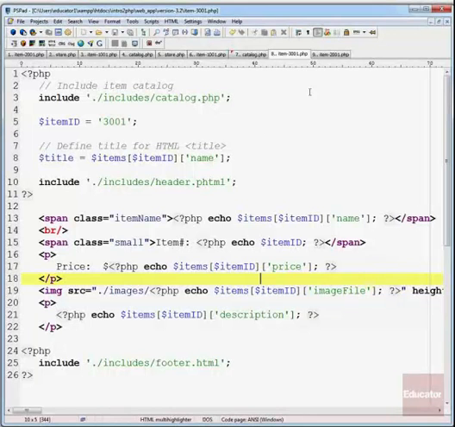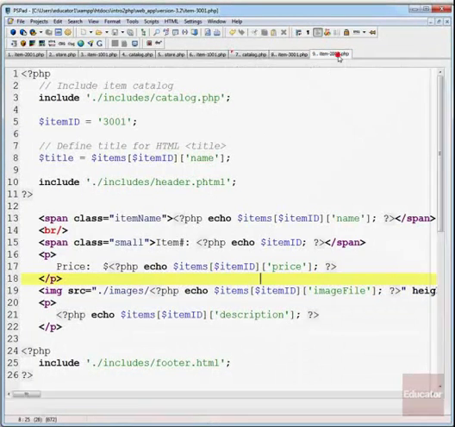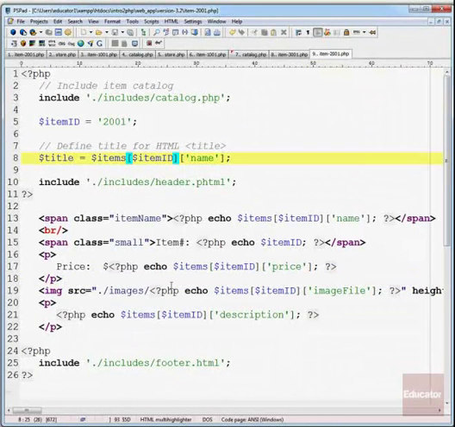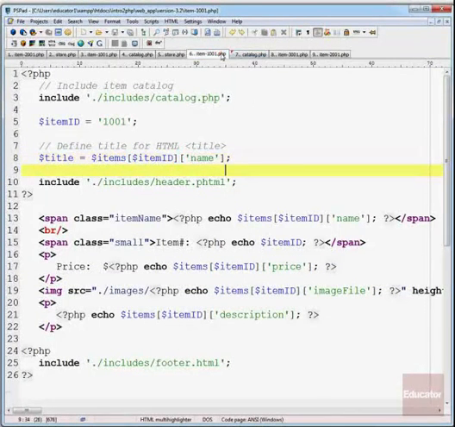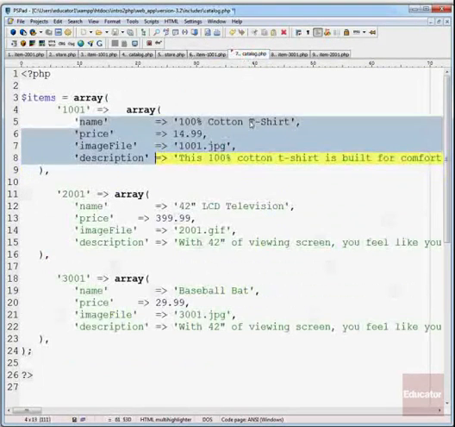Now, after we've made this adjustment, if you look at item2001.php, we can see that this whole file is exactly the same except for this number up here. And if we look at item1001, the content is the same except for the 1001 up here. So again, we have another opportunity for code reuse. And so that's what we're going to do as we move on to the next version of the website,